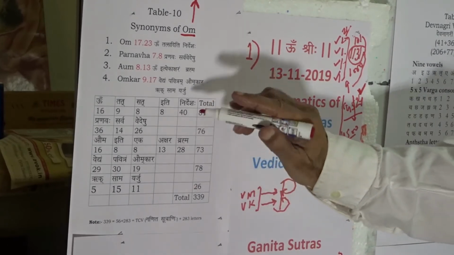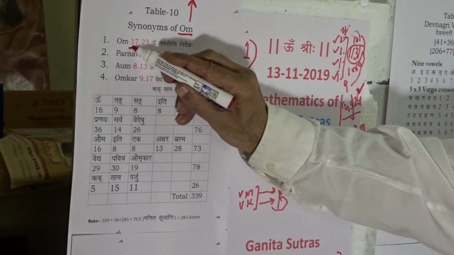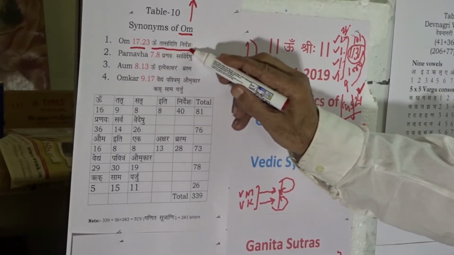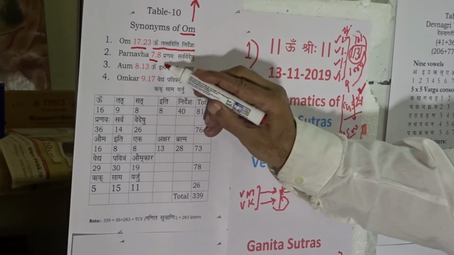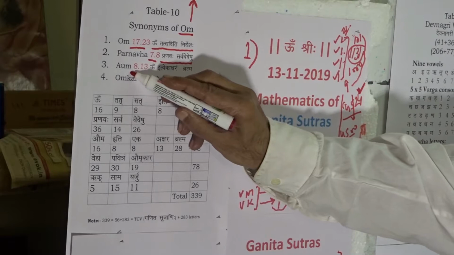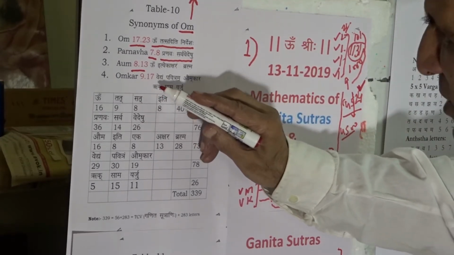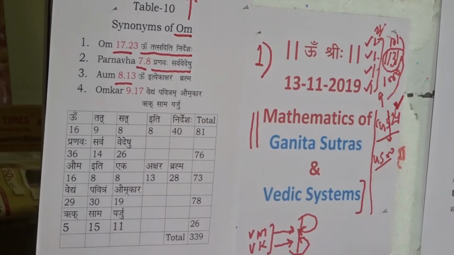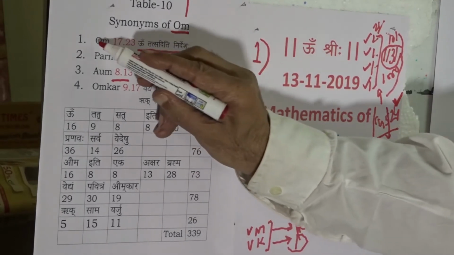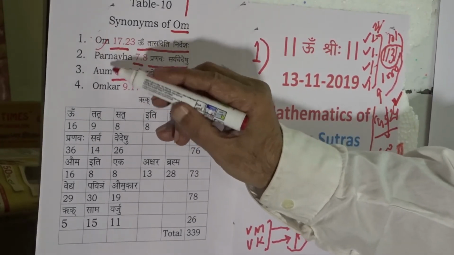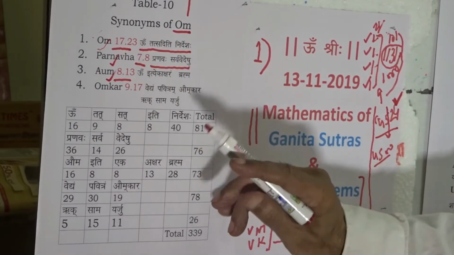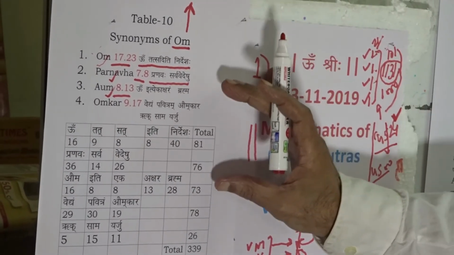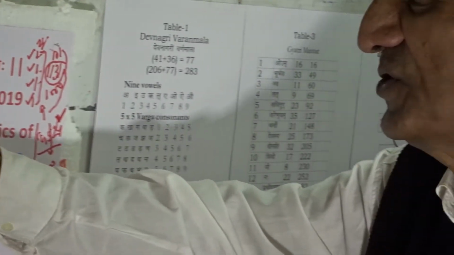Srimad Bhagavad Gita at 17.23 has the formulation Om Tat Sat Iti Nirdesha. At 7.8 it is Pranava Sarvavedeshu. At 8.13 Om Iti Ekakshar Brahma, and at 9.17 Vedyam Pavitram Omkara. Om, Pranava, Om and Omkara are the quadruple synonyms of Om which have been formulated for their values and features,